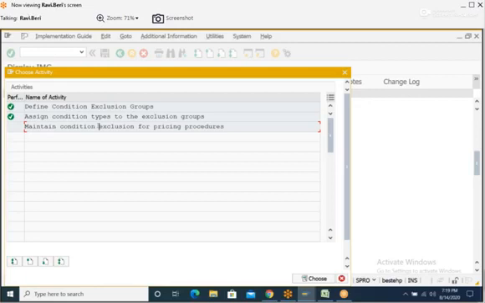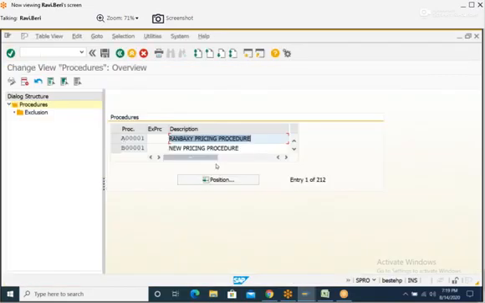Double click on maintain condition exclusion for pricing procedures. Then select your pricing procedure.